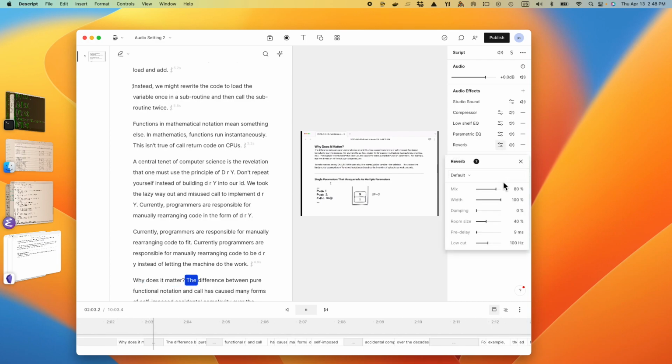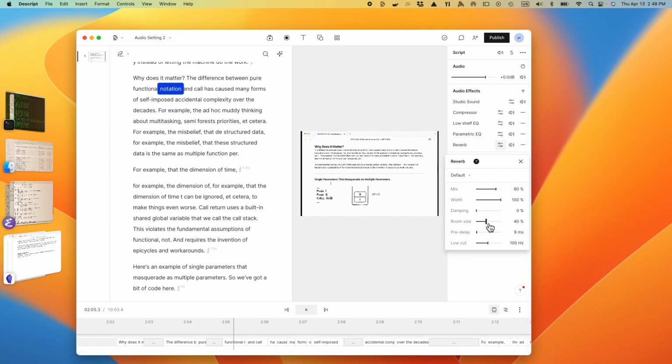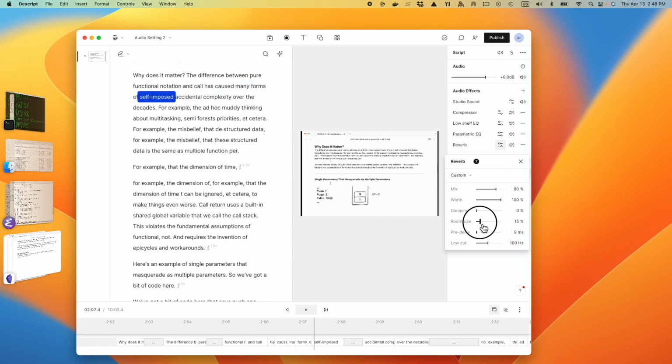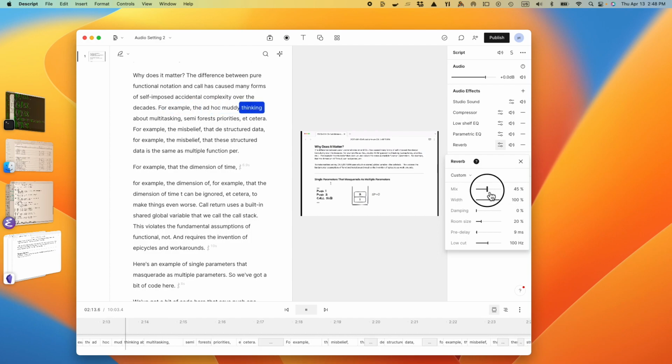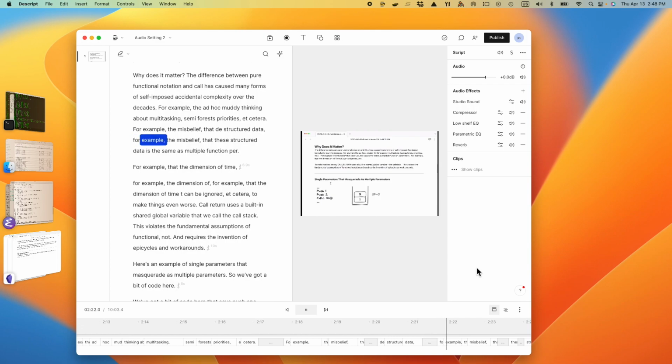Why does it matter? The difference between pure functional notation and call has caused many forms of self-imposed accidental complexity over the decades. For example, the ad hoc muddy thinking about multitasking, semaphores, priorities, etc. For example, the misbelief that destructured data is the same as multiple function parameters. For example, that the dimension of time